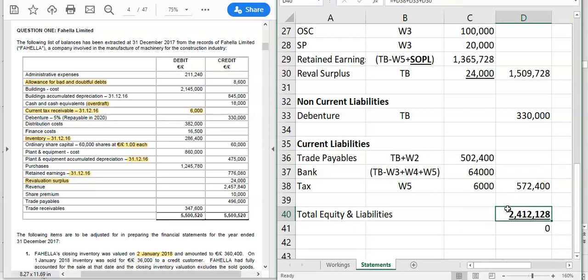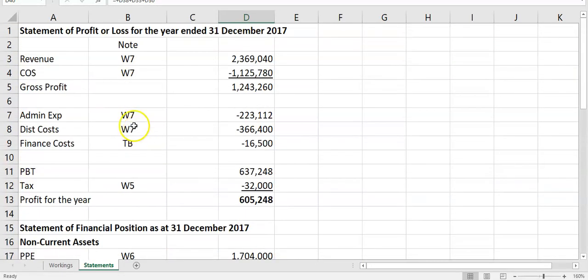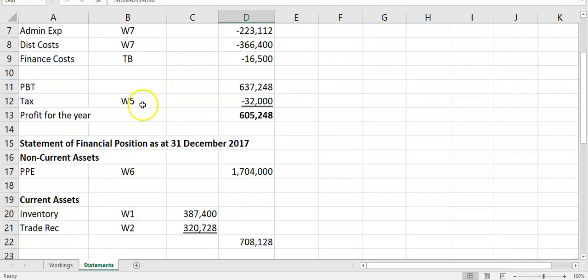So that can be a useful technique where you're missing something, look at the difference. Doesn't always work out, but if you are missing one item, it can happen to spot it out very quickly. Right, so that's how to approach a statement of financial position. Nice and neat. The examiner can clearly see where the workings are coming from, and you'll get your marks. And the last requirement here,